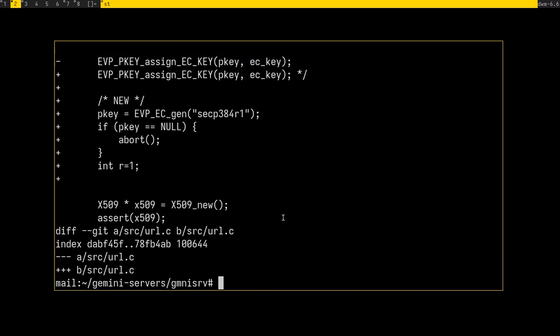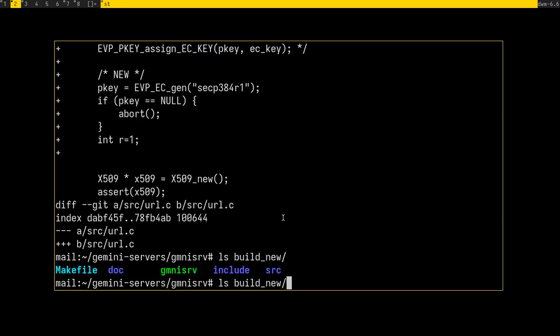Okay, so you have the binary, or we have the binary in this build new directory. What I then did is I just copied this, not the directory, this binary of course, into /usr/local/bin, and yeah, so here it is. So this is the same file. Alright, and I also copied the